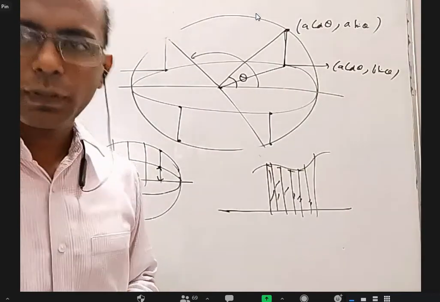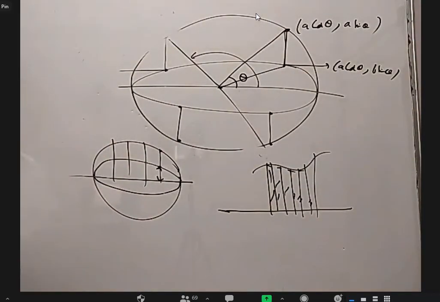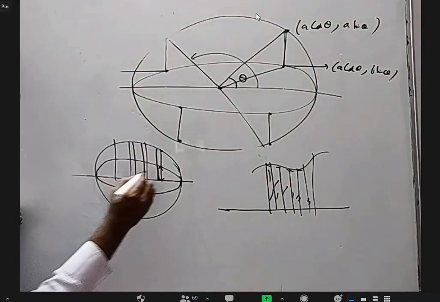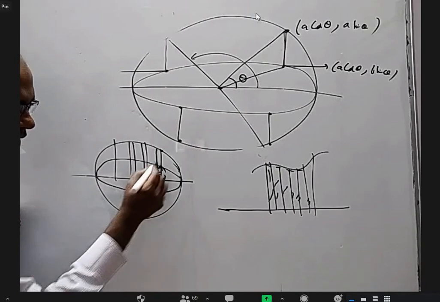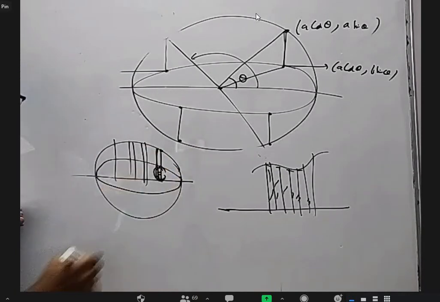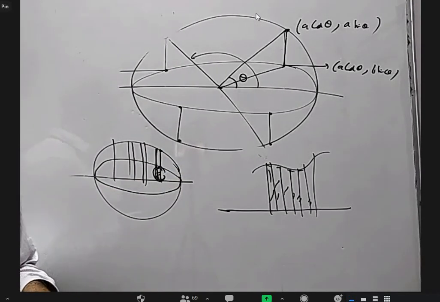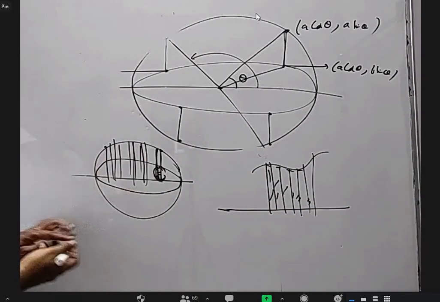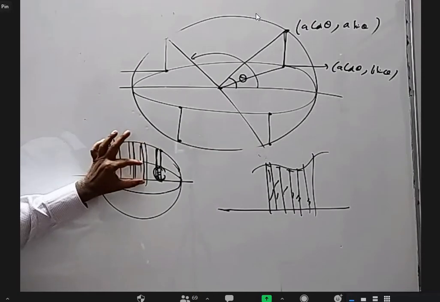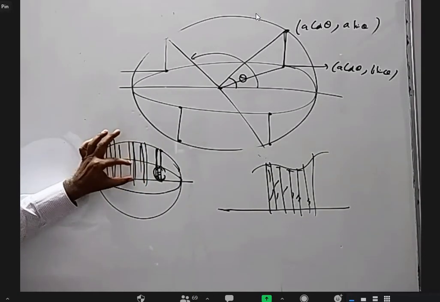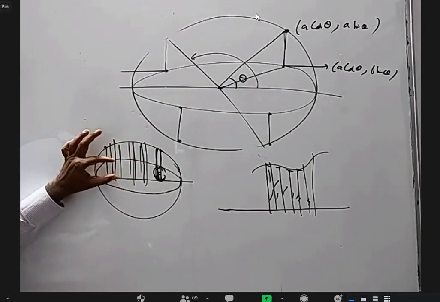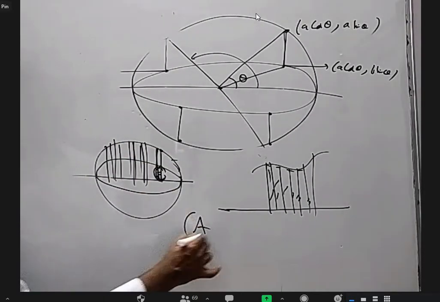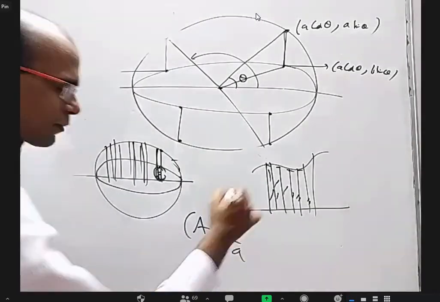Yes, sir. Okay. Now see carefully. You take a strip anywhere, as many strips as you want. Can I say this area is every time b by a times this strip area? Yes, sir. So you take a lot of strips here. This strip has some area, and this will be b by a times that. Can I say if the area of the circle is capital A, the area of the ellipse should be b by a times A? Am I right?